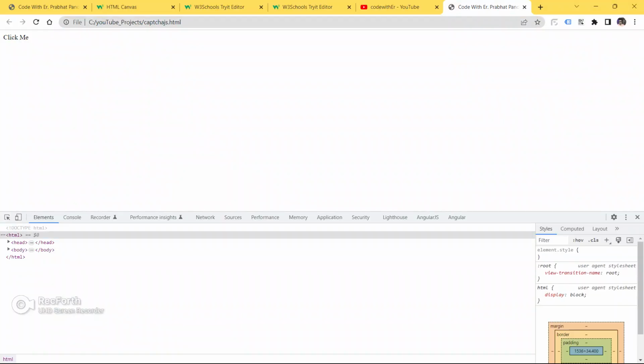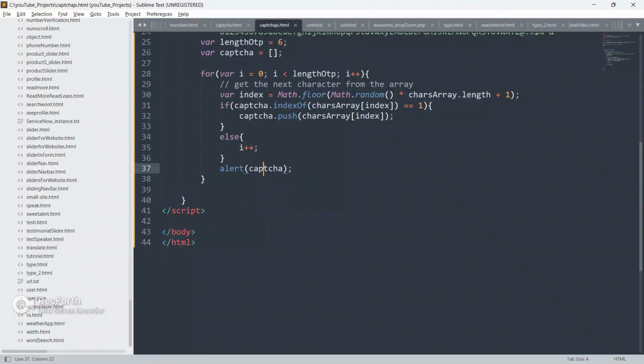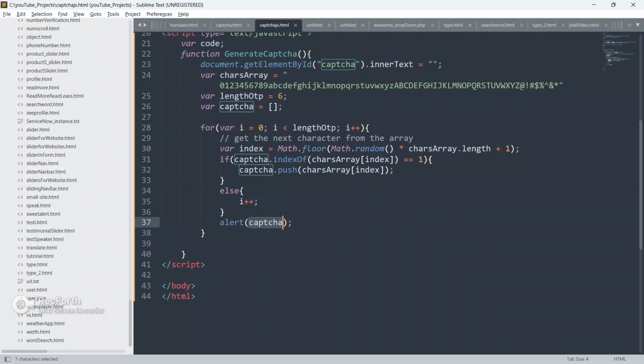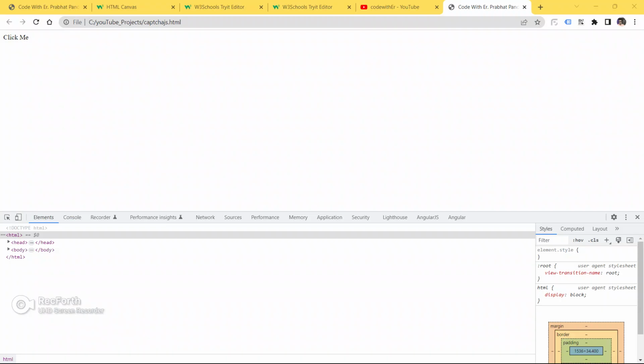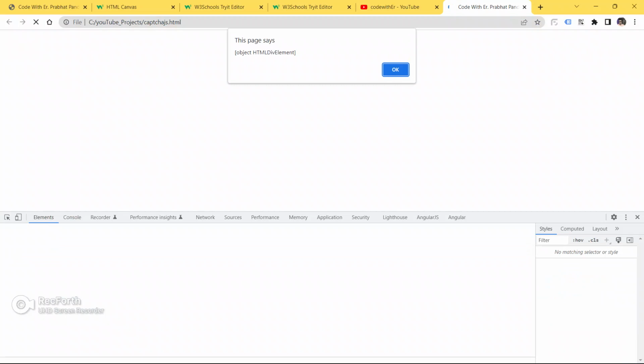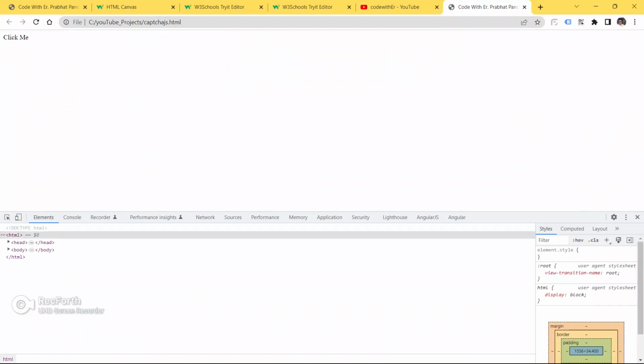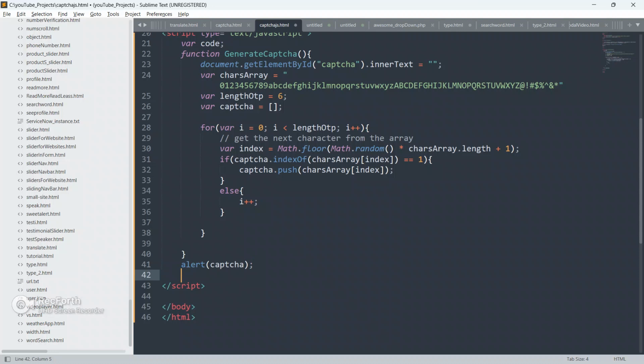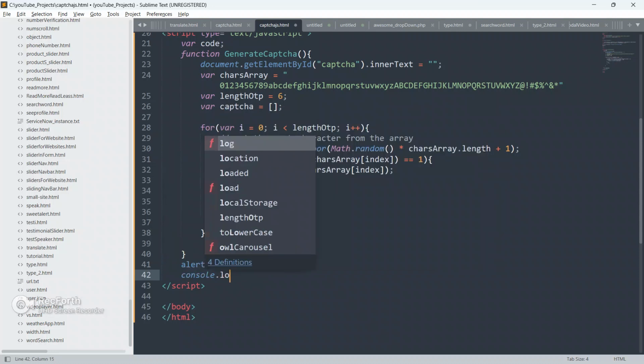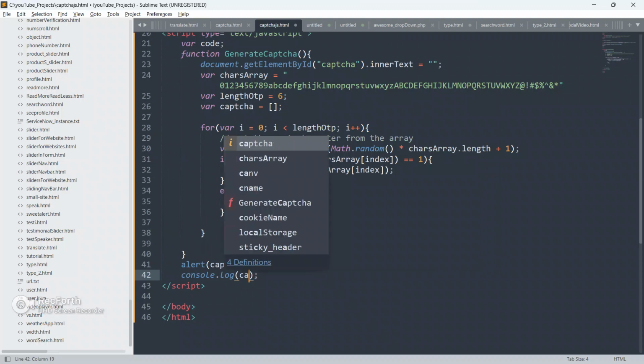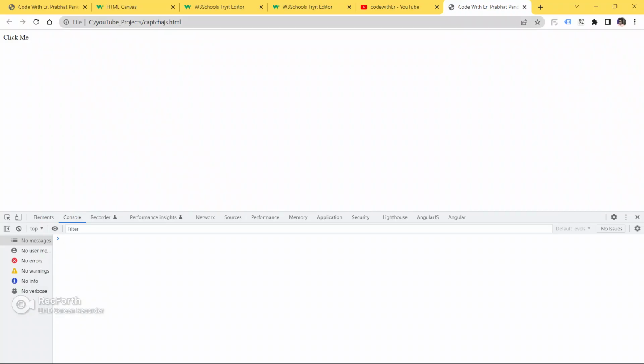Paste it here. Yeah, we can see only HTML. Let me console this, console.log captcha. Save, go to the browser, refresh your page.